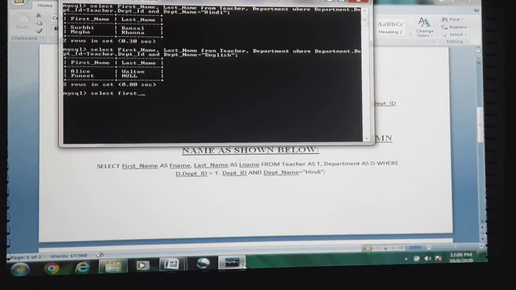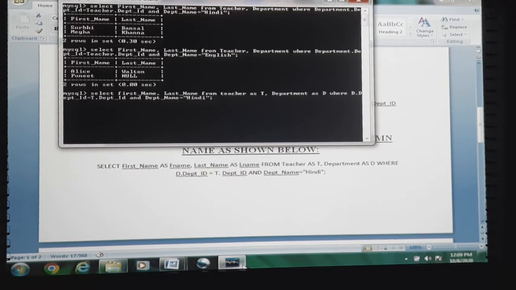Select first name, last name from teacher as T, comma, department as D, where D dot department ID is equal to T dot department ID and department name is equal to Hindi.